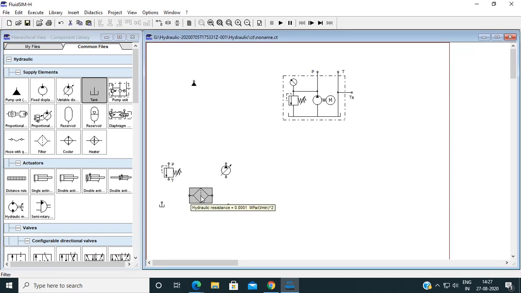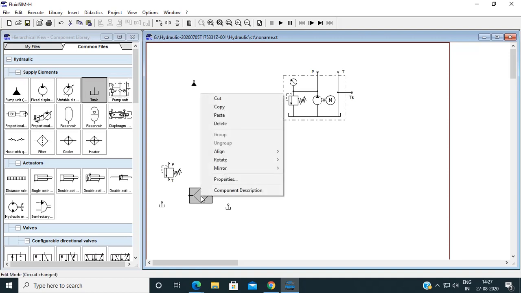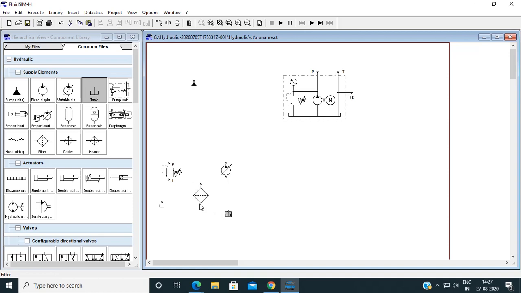This is the filter in horizontal position. If I right click on it, I can rotate it by 90 degrees. So just place it over here and simply drag that component.